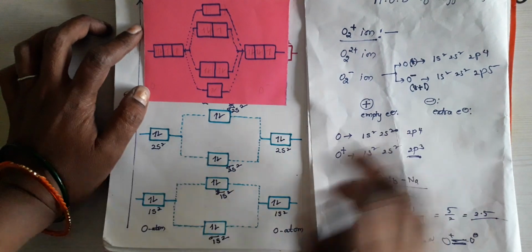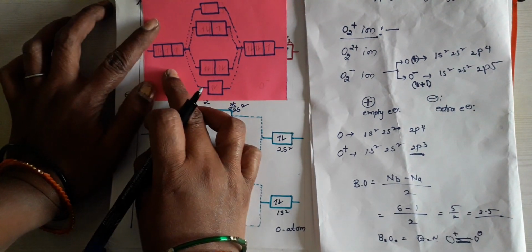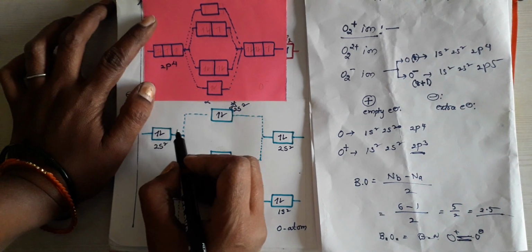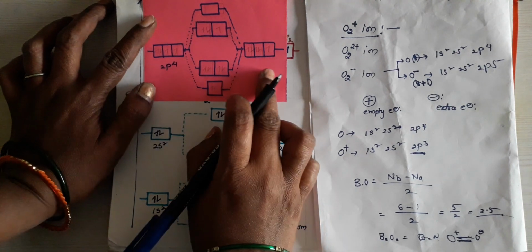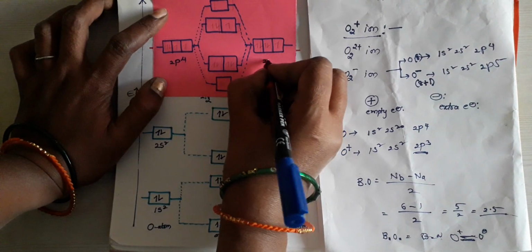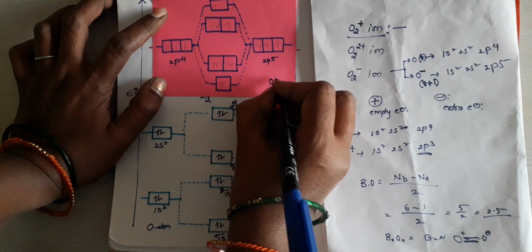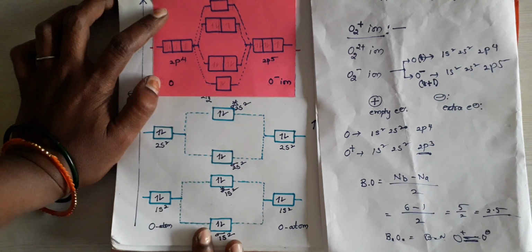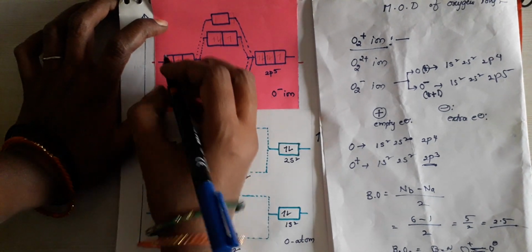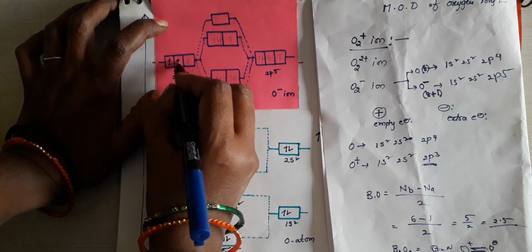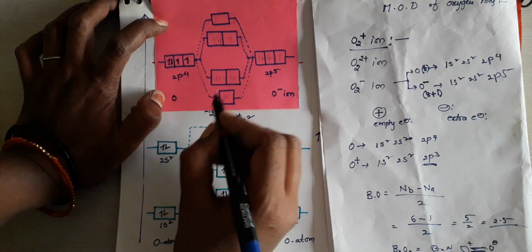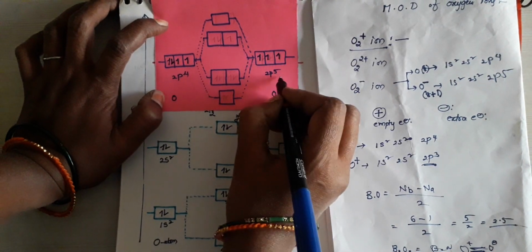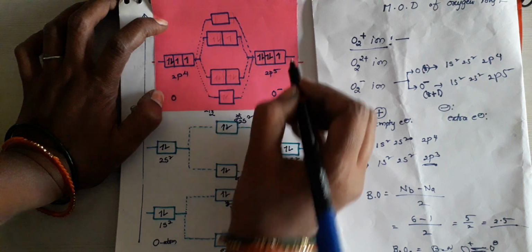Okay, so like this, here 1s2, 2s2, 2p4 on one side, and 1s2, 2s2, 2p5 on the other side. Here where it is 2p5, that is the O minus ion. Where it is 2p4, that is the O ion. You remember like this. Then you have to fill the electrons here: 1, 2, 3, extra 4. Here also 1, 2, 3, remaining how many? 2. 1, 2, like this.